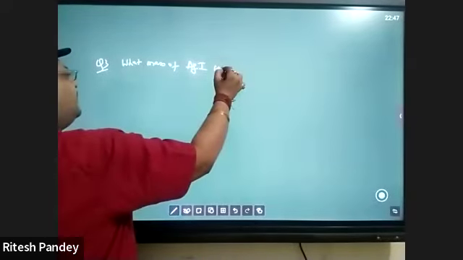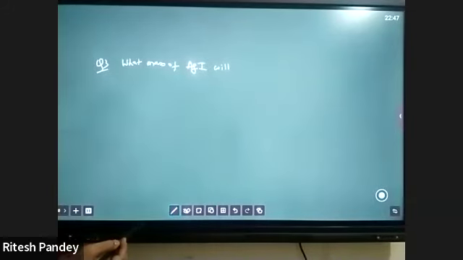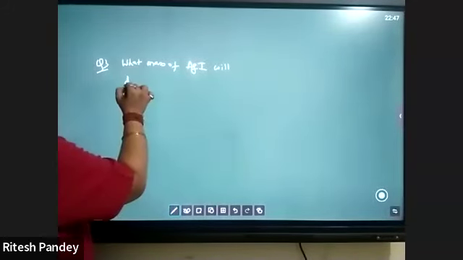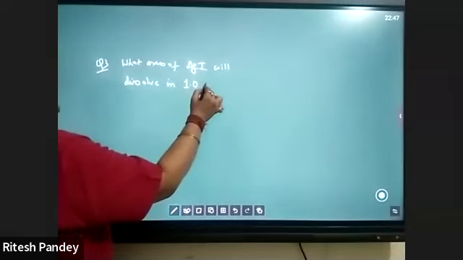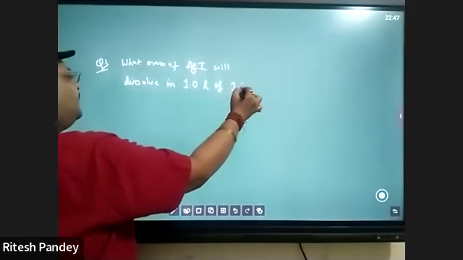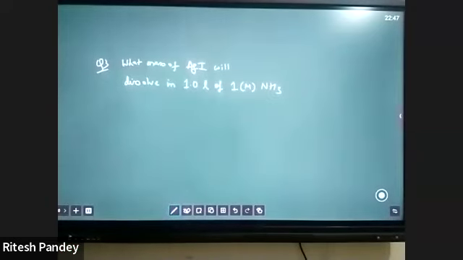I could have made PowerPoint presentations and all of them, कुछ कर नहीं पाता हूँ. But I think, whatever I'm writing is visible. I think this is doable. 1 liter of 1 molar ammonia, ammonium hydroxide की बात है, given